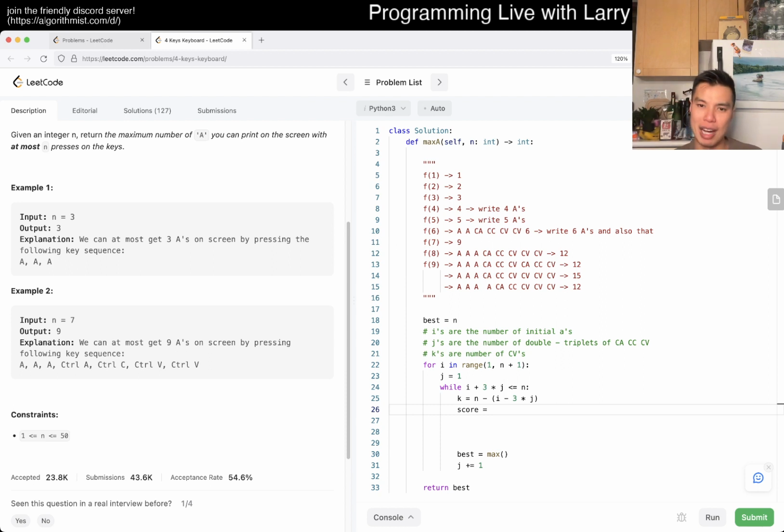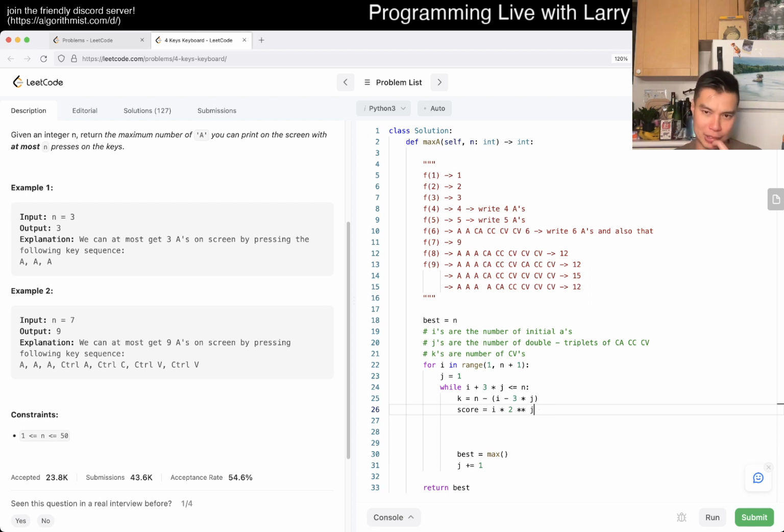Okay, so now we have I's. We have I, and then for every J we double, so we times it by J, or 2 to the power of J, right? And then we add,